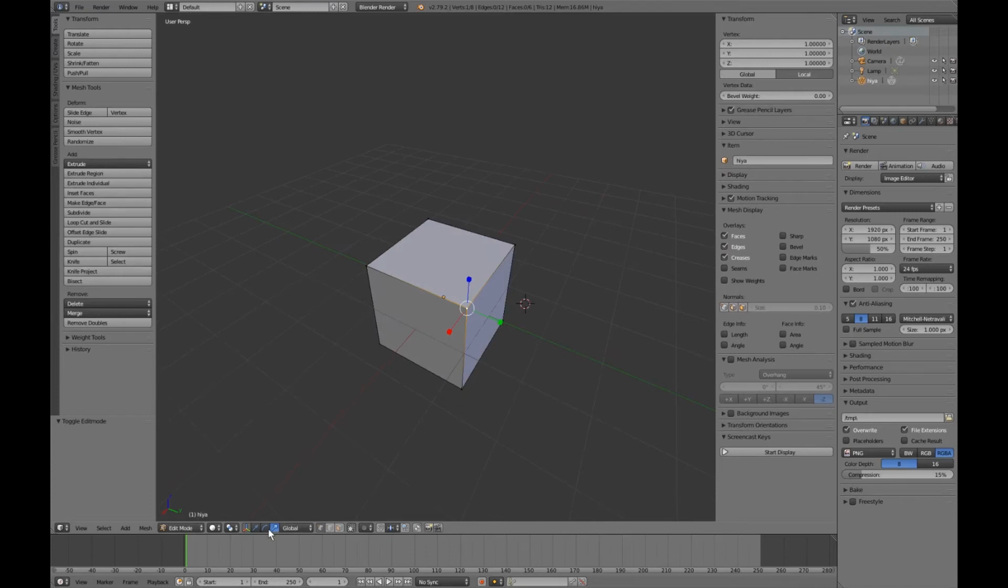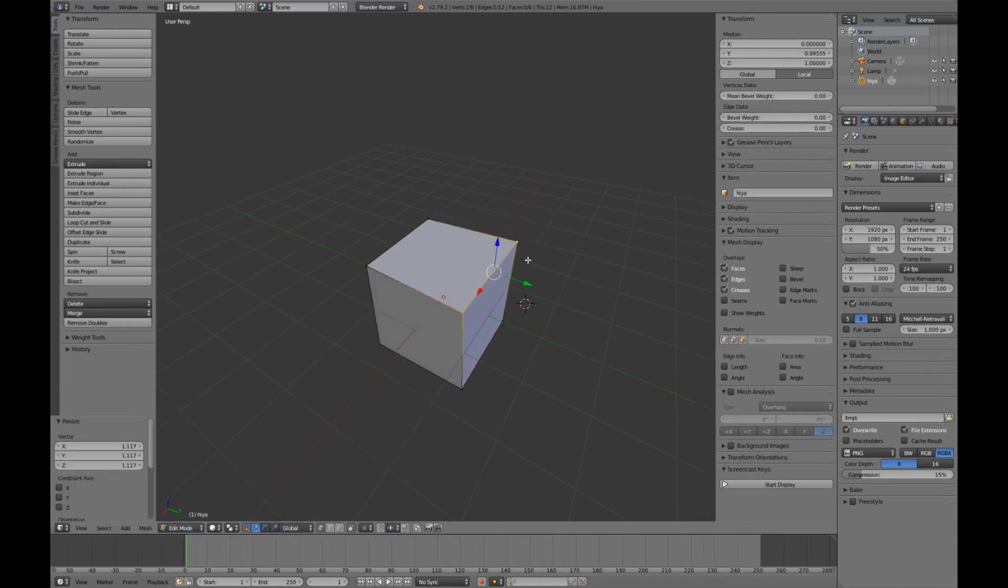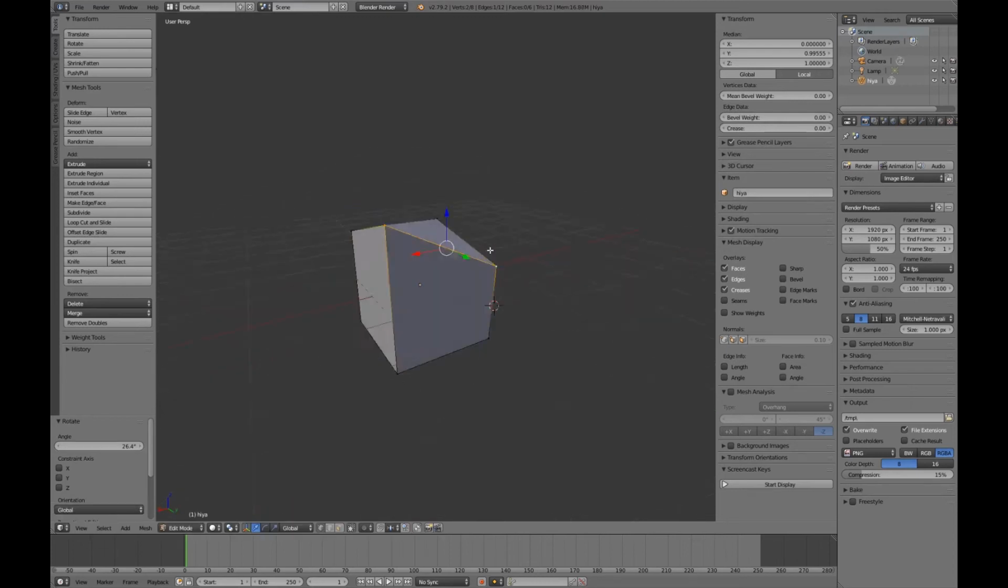any part of its geometry, and we can manipulate it. So these points are called vertices. We're currently in the vertices select mode, and that allows us to grab it by the verts and change the shape of our